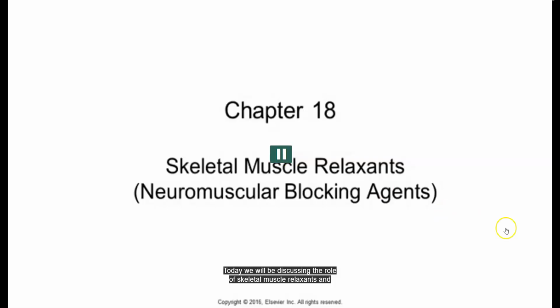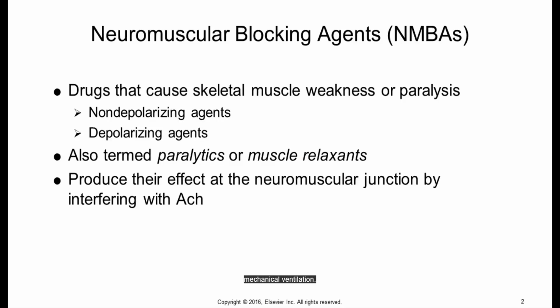Today, we will be discussing the role of skeletal muscle relaxants and their role in respiratory care. There will be specific emphasis on their use in intubation and mechanical ventilation. Neuromuscular blocking agents, or NMBAs, are medications that cause muscle relaxation or paralyzation by interfering with the action of the